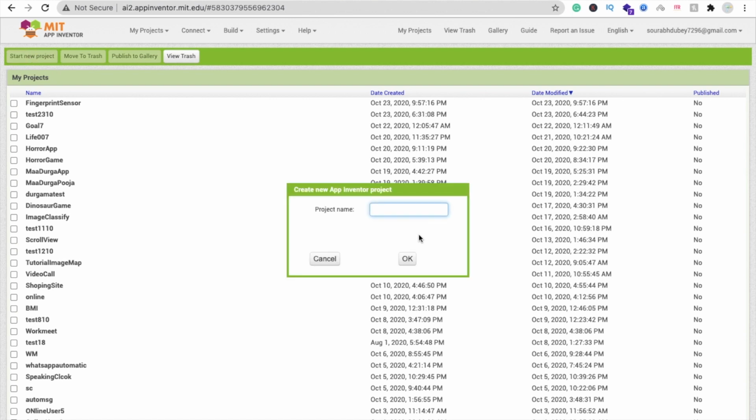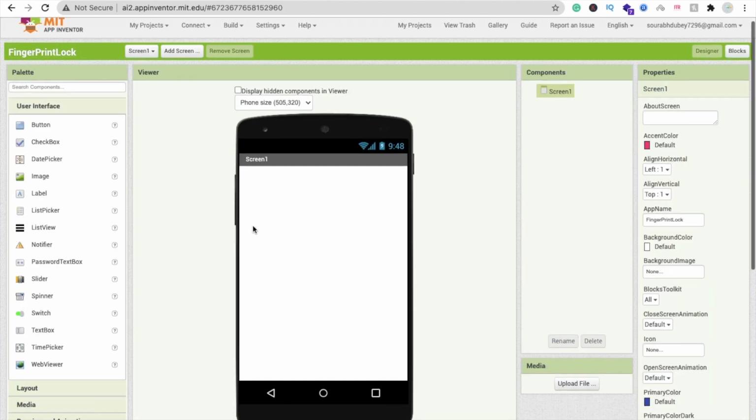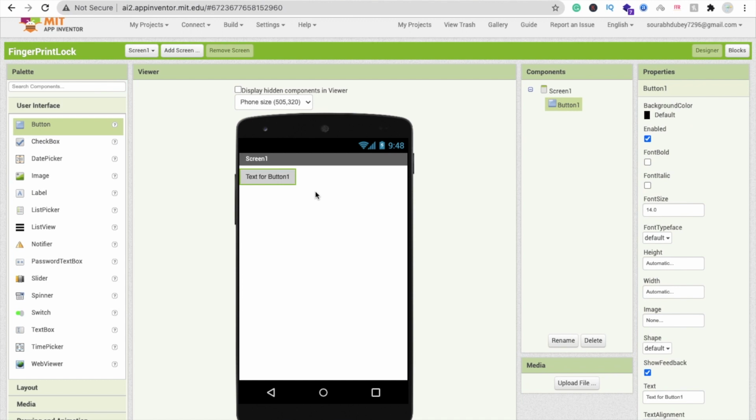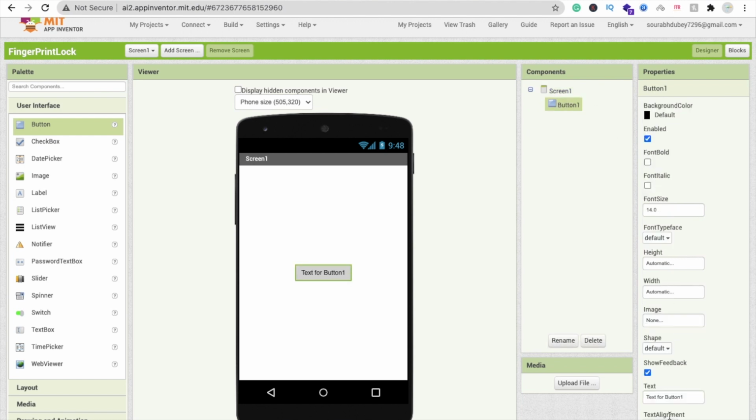Click on start new project, and the project name is fingerprint lock. That's our first screen, okay? Whenever someone opens our app, we will display one button here, simply that. I'm going to set the horizontal alignment to center, and make it center,